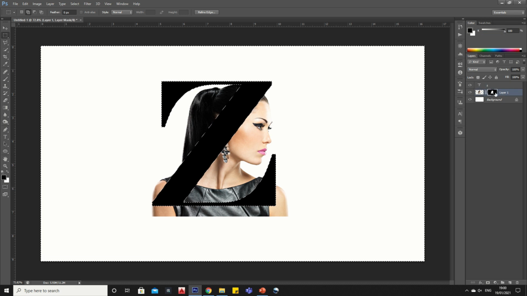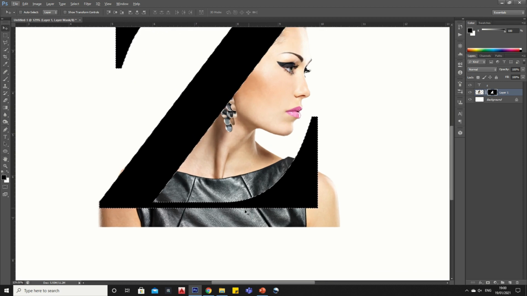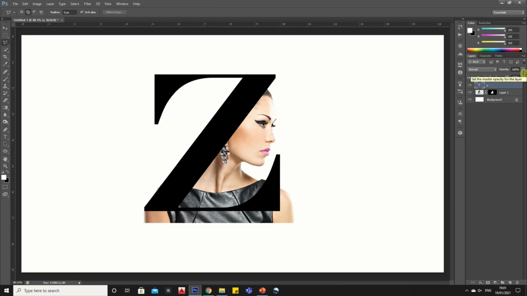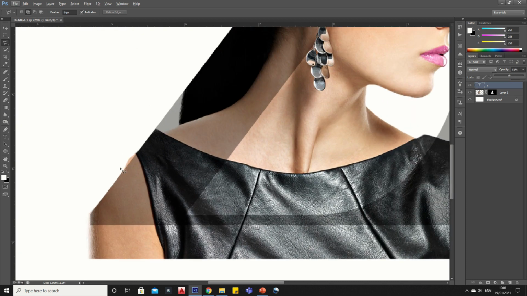After selecting the text, select the image mask, then select the Brush tool and start removing the extra image. Similarly, remove the remaining extra part of the image using the Lasso tool.